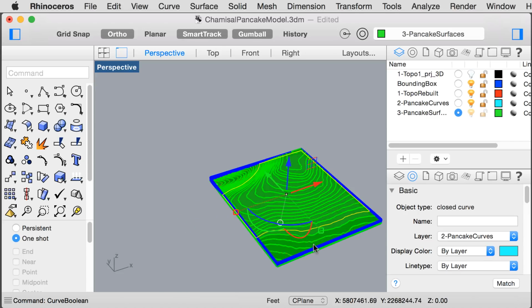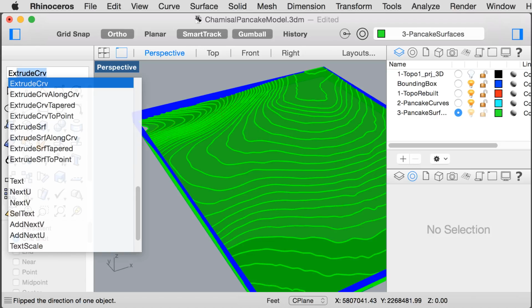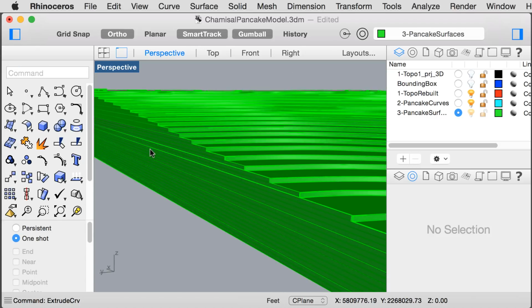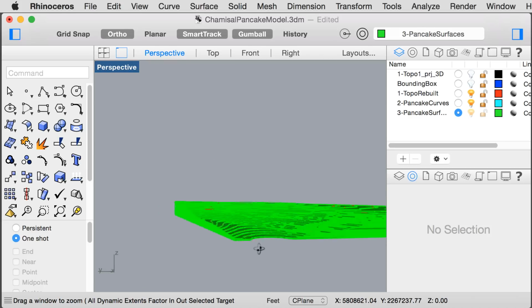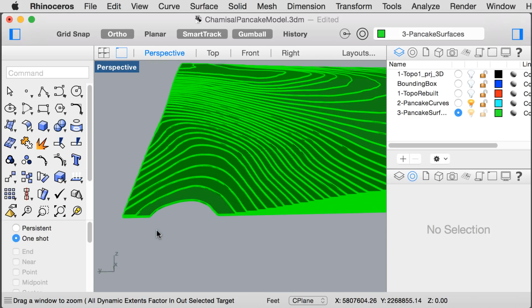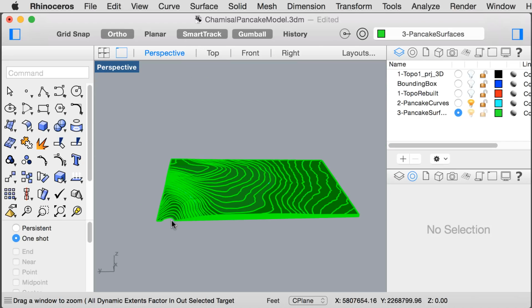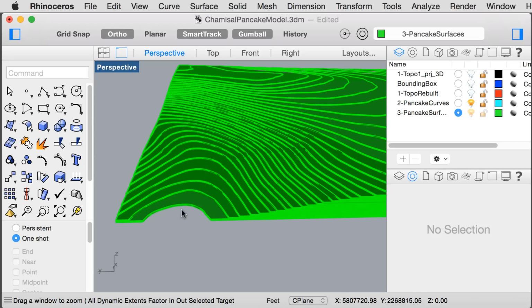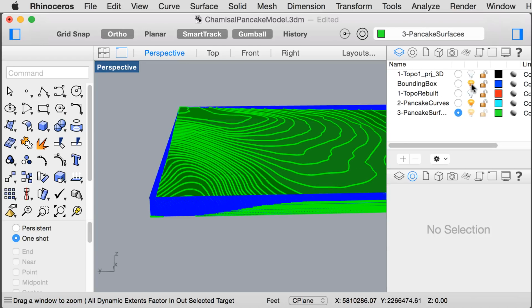And then I will do the surface from planar curves, and then extrude. So let's check our edge, make sure it's continuous this time. Great. And you'll probably notice that we have a little gap here. So what I would like to do is actually give the base of this model some thickness and also close in that gap. So if I go back to my bounding box layer,